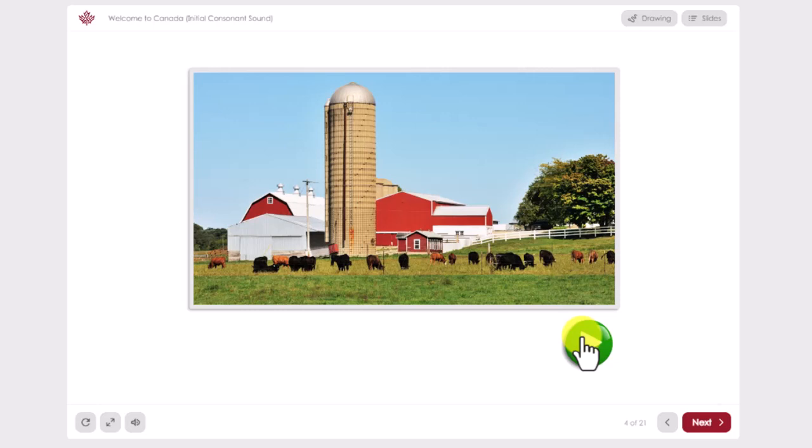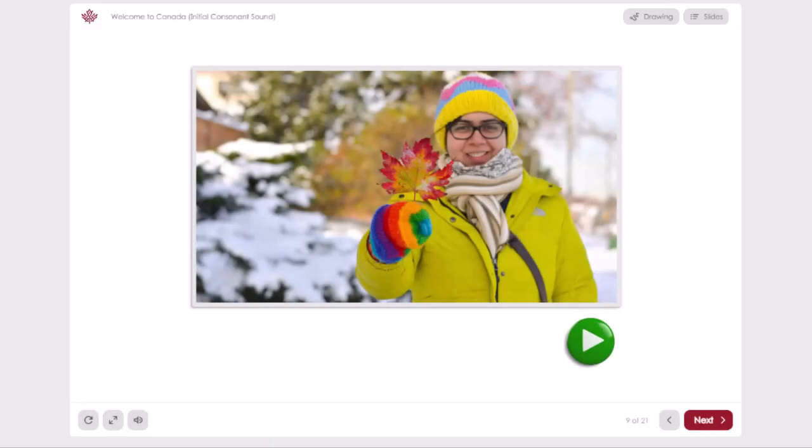As you read, you could also connect to students' personal experience. You could ask them, does Syria have snow? Does Afghanistan have farms? To help students connect to this story and build engagement with the idea of books and reading in general. Finally, when you're finished listening to each page, you could recap the story by asking something like,